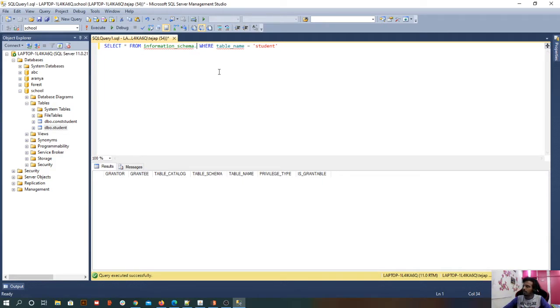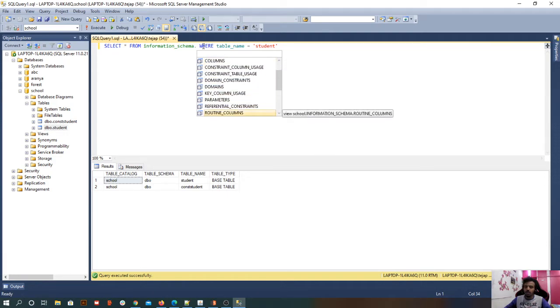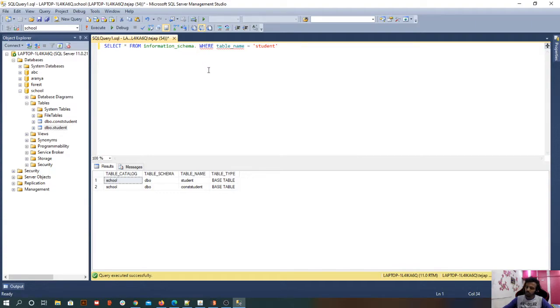Now coming to the point, if I want to see the tables in this, let me execute this. You can see that there is a student table in this database. I executed till here only; just to remove the confusion, I'll execute again. Now I have a table called student. If you click on dot and see what all parameters it has, you can go through all of this. All this is just metadata. You just execute it and get it as a response, which we are going to do in a minute. One last example is the columns.